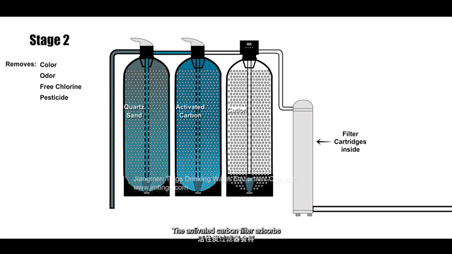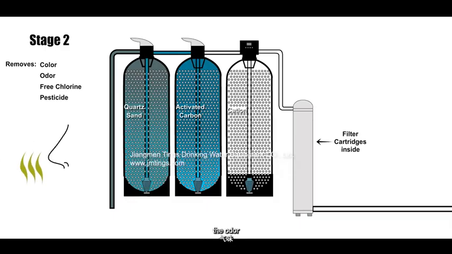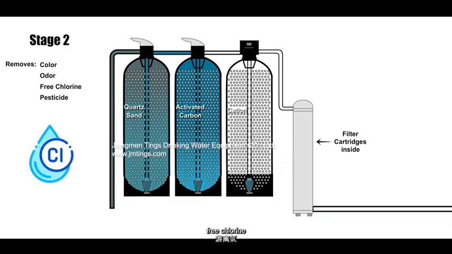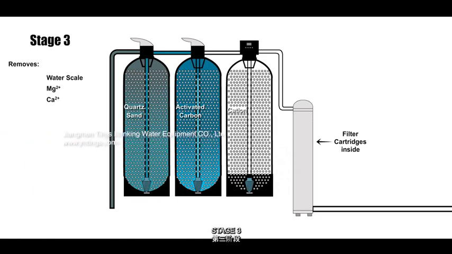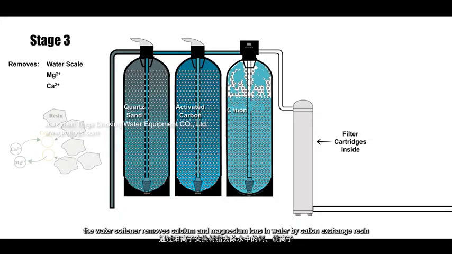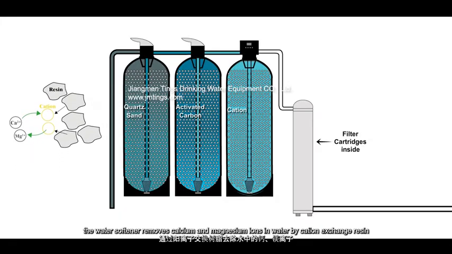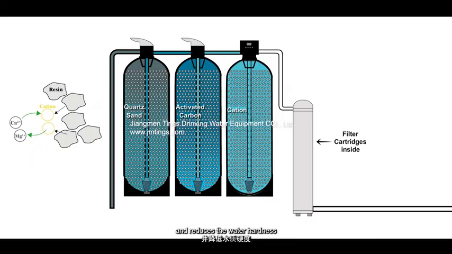Stage 2. The activated carbon filter absorbs the color, the odor, free chlorine, and pesticide, etc. Stage 3. The water softener removes the calcium and magnesium ions in water by cation exchange resin and reduces the